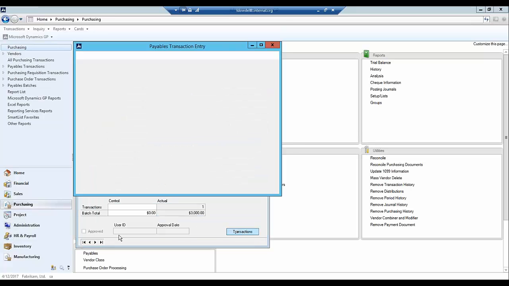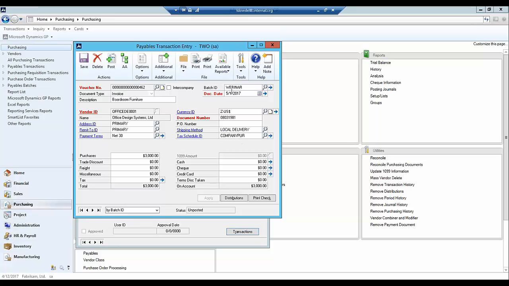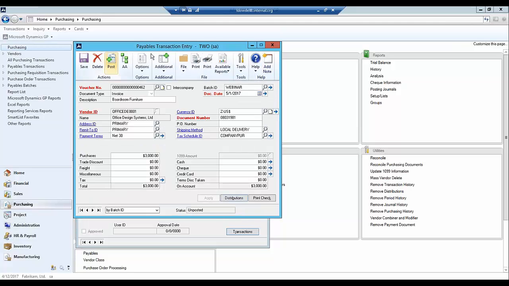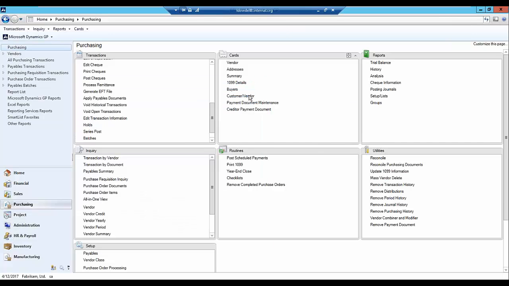So I created an invoice in here from our folks at Office Design Systems, and we're purchasing some boardroom furniture from them in the amount of $3,000. And I've ultimately chosen to distribute this to my fixed assets clearing account. What this clearing account now does is it's a trigger account linked to my fixed assets account. So when I go through and post this transaction, I can now go to fixed assets,